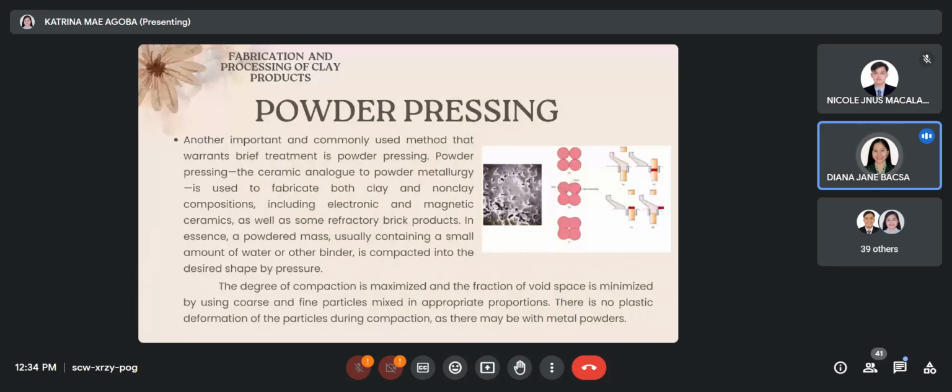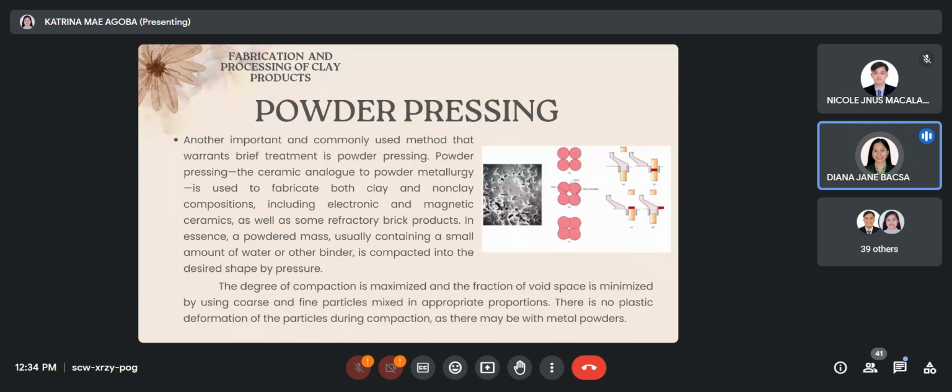So powder pressing. Another important and commonly used method that warrants brief treatment is powder pressing. Powder pressing is the ceramic analog to powder metallurgy. It's used to fabricate both clay and non-clay compositions, including electronic and magnetic ceramics, as well as some refractory brick products. In essence, a powder mass usually containing a small amount of water or other binder is compacted into the